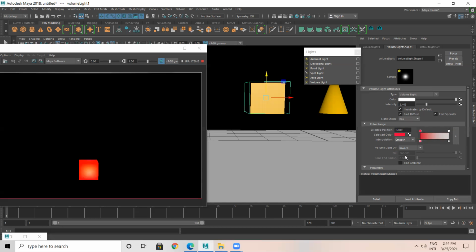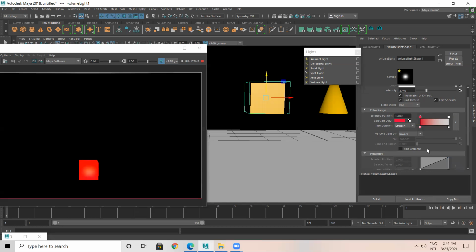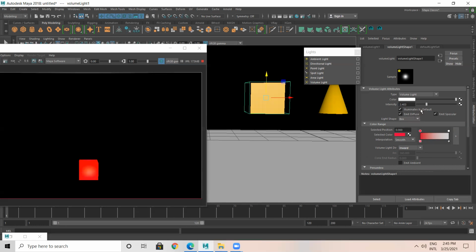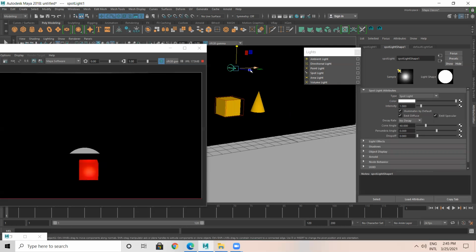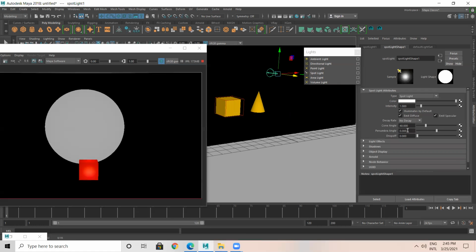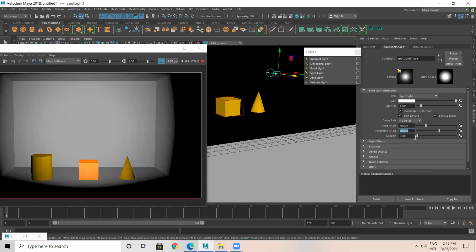Smooth interpolation, there are certain things like that. Apart from this, you have something called down axis. You can check it, go inward. It's fine. Intensity, I make it 1. It's like this. Now along with this, if I add another light, let's say a spotlight, and my spotlight is here, and spotlight penumbra, I'll change this to 30. And if I make this a box.